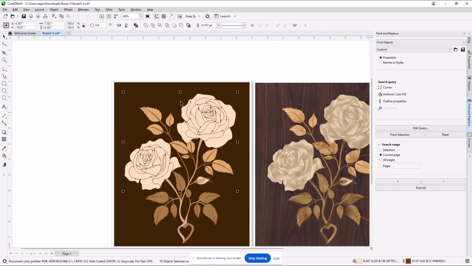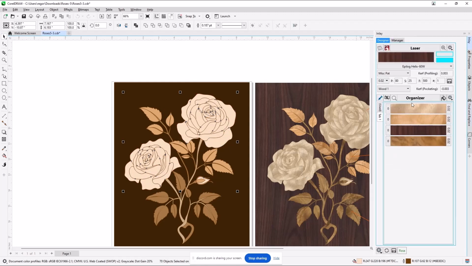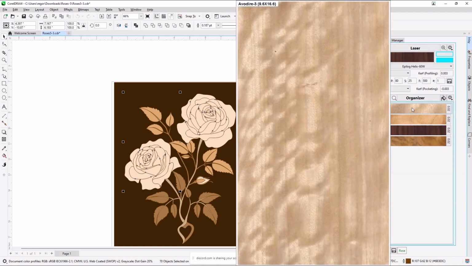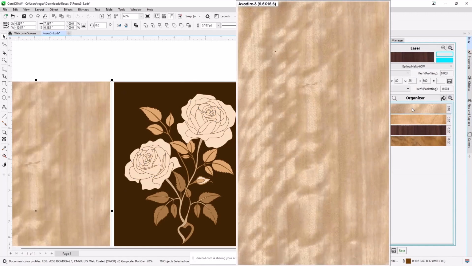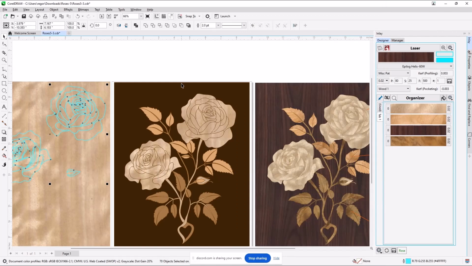Now, before on the background, I selected all those pieces that I went over to the inlay panel and auditioned different veneers. I'm going to go ahead and pick the target veneer, but I want you to see something important. If you just blast stuff over, you get what you pay for. The finished picture of the rose is boring as heck. There is no color variation. There's really everything I've done wrong. So give it a second to load up. So maybe, just maybe, that wasn't such a good idea.